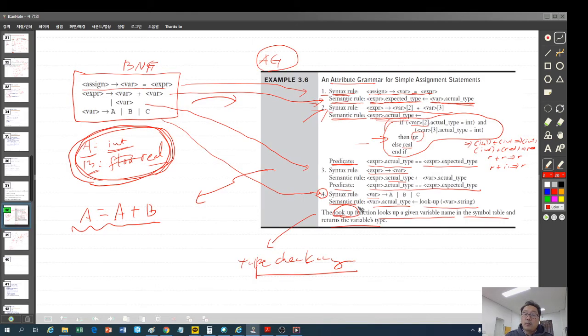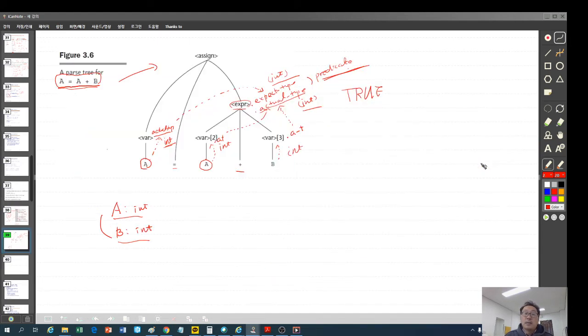If we apply this predicate, it should be the same, right? So this is integer equal integer. Therefore it is true. Therefore this is correct